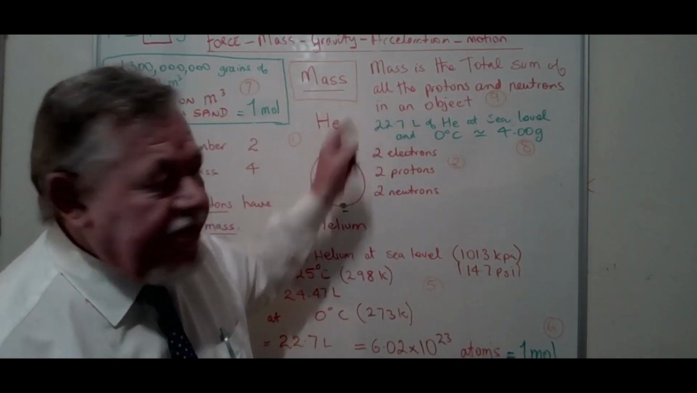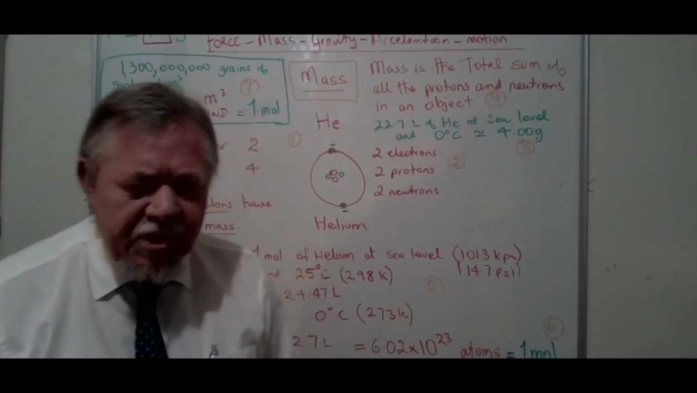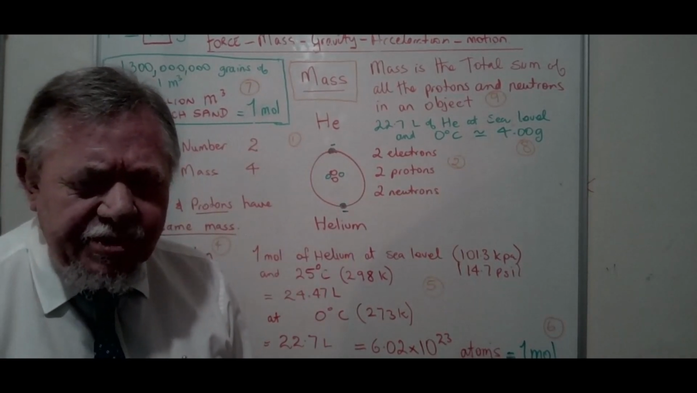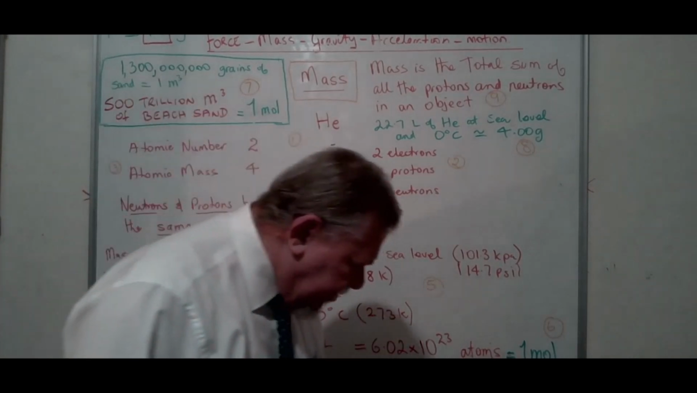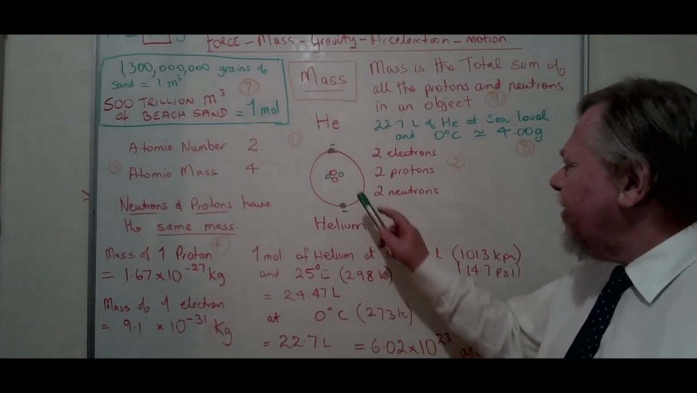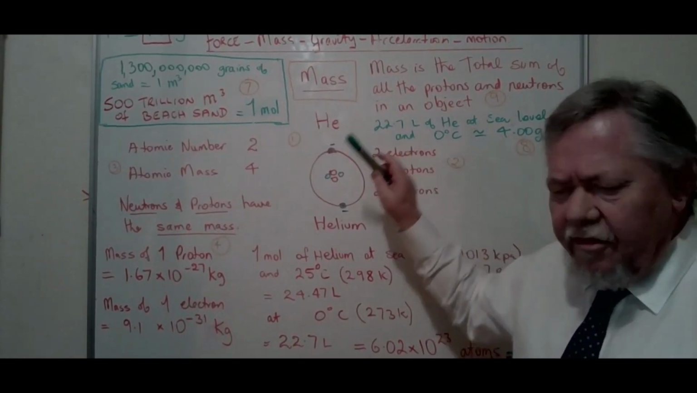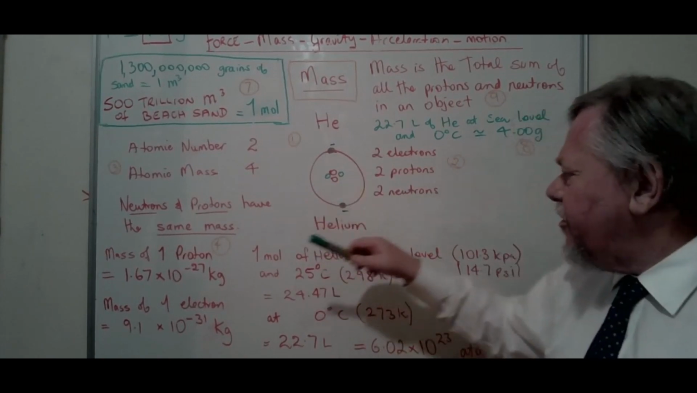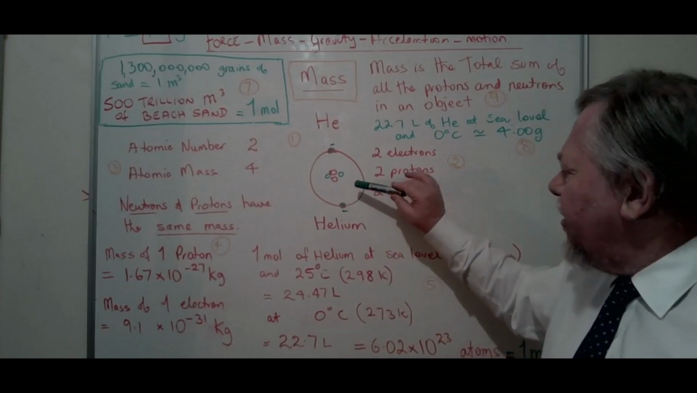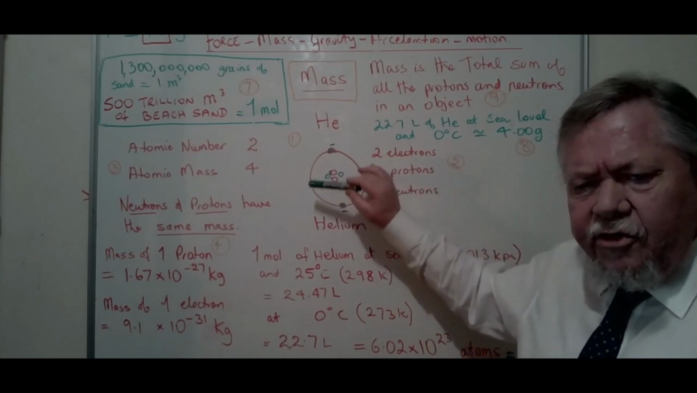Mass. So this is it up here. And what do we mean by mass? I think probably the easiest way to describe what we mean by mass is to have a look at atoms. So over here I have a helium atom. This is a depiction of it. If you look at the Bohr model of atoms, you'll have a central nucleus containing protons and neutrons,